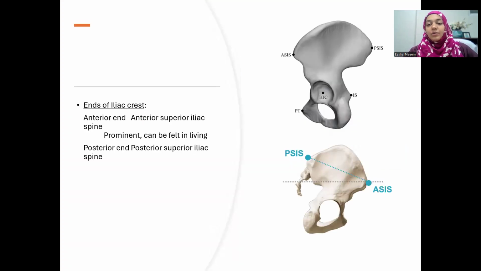Okay. Now, there's an important angle that is formed by the posterior superior iliac spine and the anterior superior iliac spine. Anatomists use this to look at any abnormalities of the bone. Now, as you can see here, this is the anterior superior iliac spine, this is the posterior superior iliac spine, all the way, this is the greater sciatic notch, this is the lesser sciatic notch, and this is the ischial spine, this is the hip joint complex, and this is the posterior pubic tubercle.